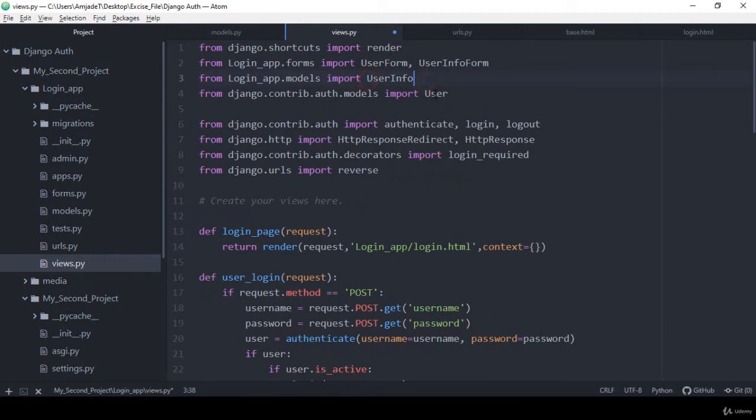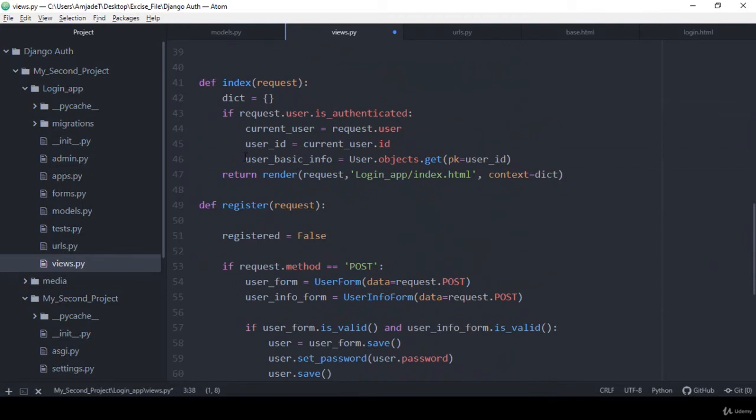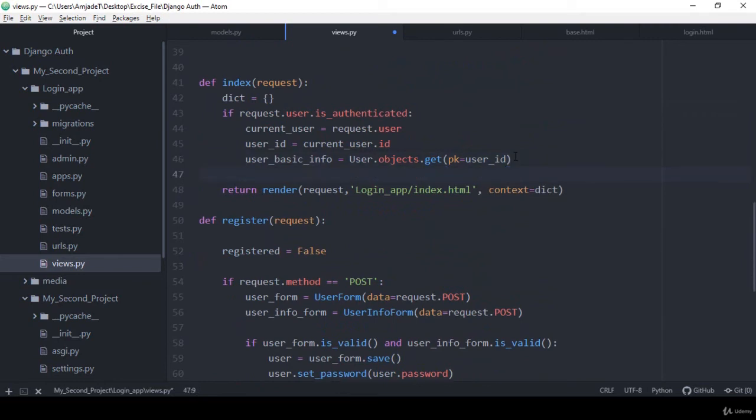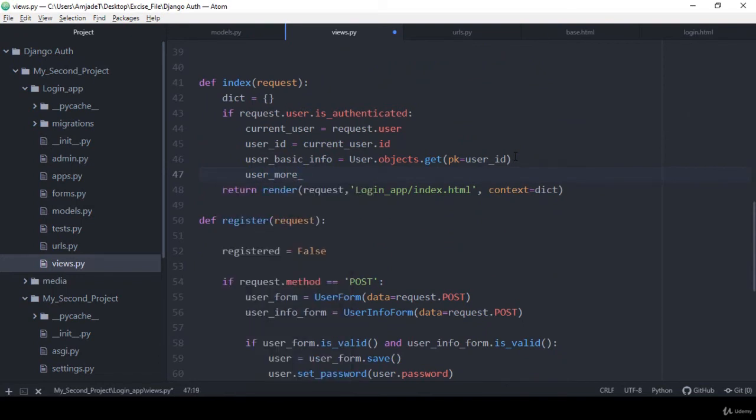So I have already got our email address and username with this user, and now we also have to get all the data from our user info. So from here I have already got our user details, that means the username and then our email address. So now I want to take another variable as user_more_info,